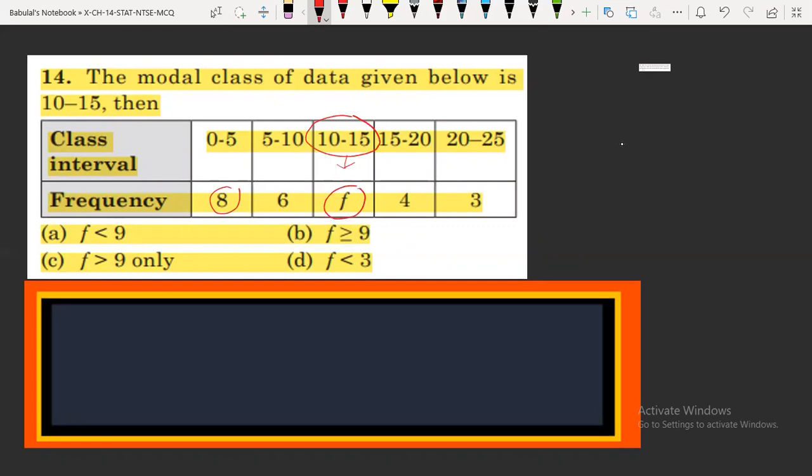The value of the frequency of the modal class should be greater than this 8. So greater than 8 means it should be either 9 or greater than 9. So B is the